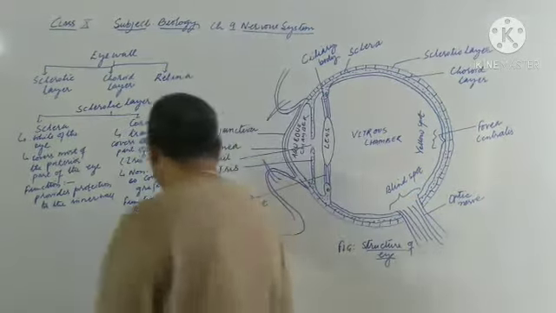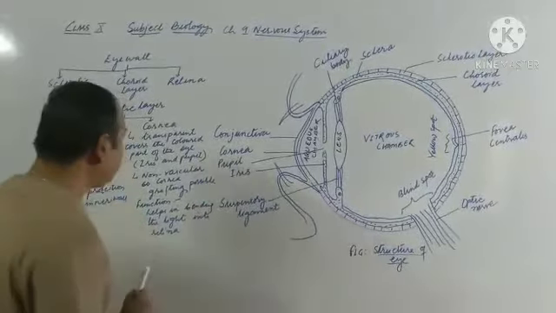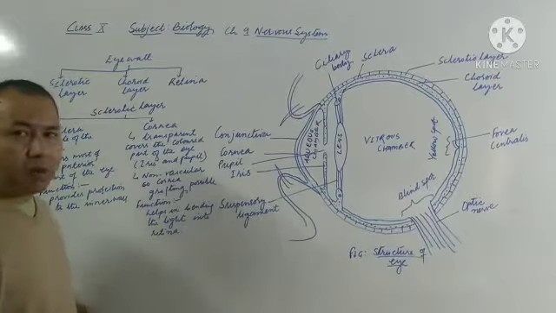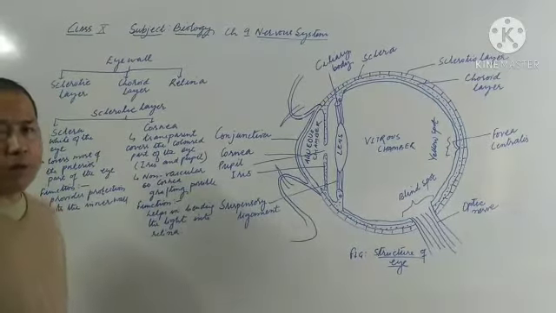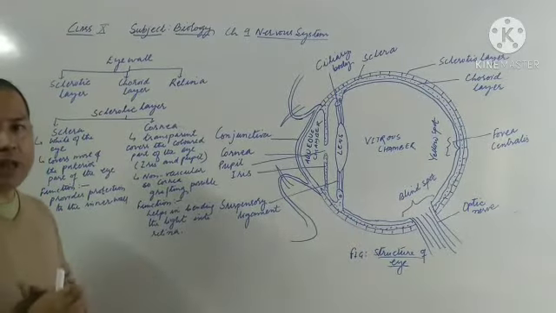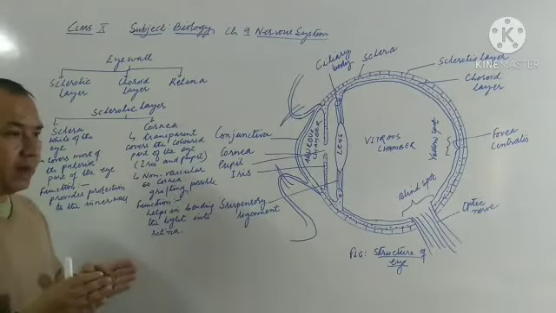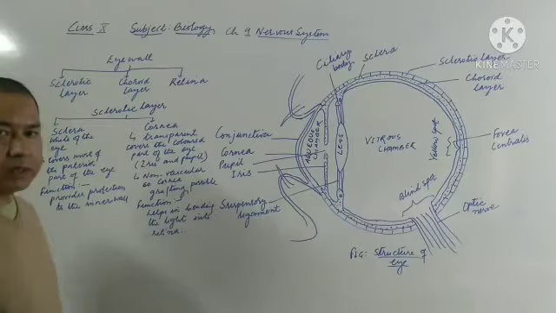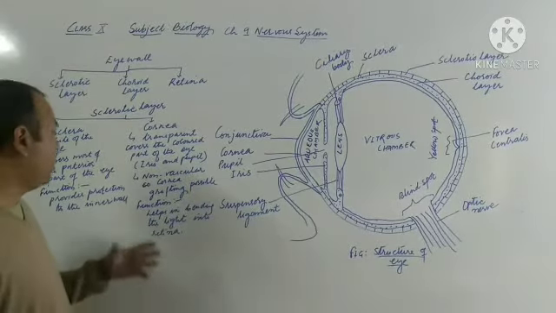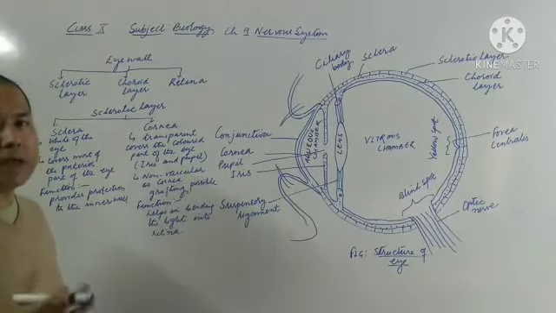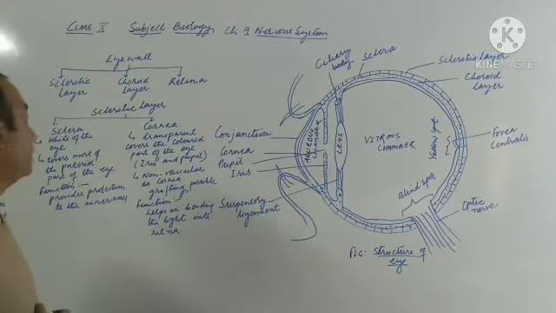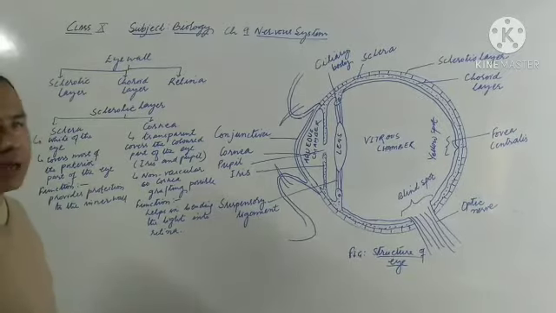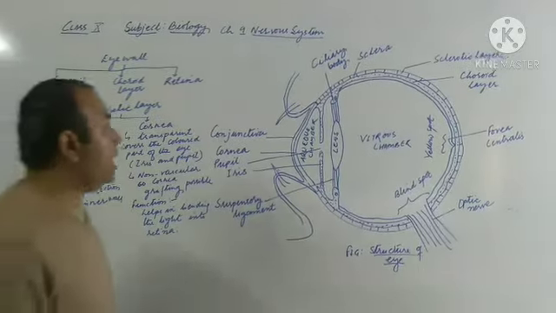Okay, now after that comes the function of cornea. Cornea is mainly responsible for bending the rays of light that enter into the eye, so that the light can be focused and meet right at the retina, about which we will discuss later. So simply to know about the function of cornea, it helps in the refraction of light that enters into the eye. Okay, so this is its function. Function of sclera, it helps in the protection of the inner wall of the eye.